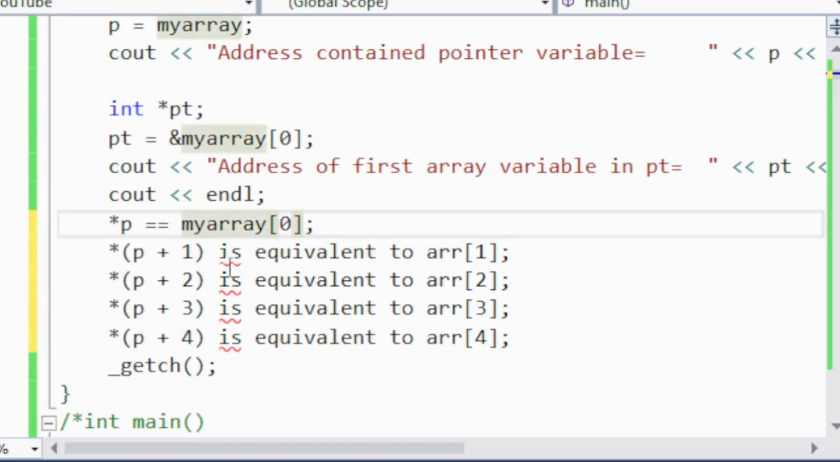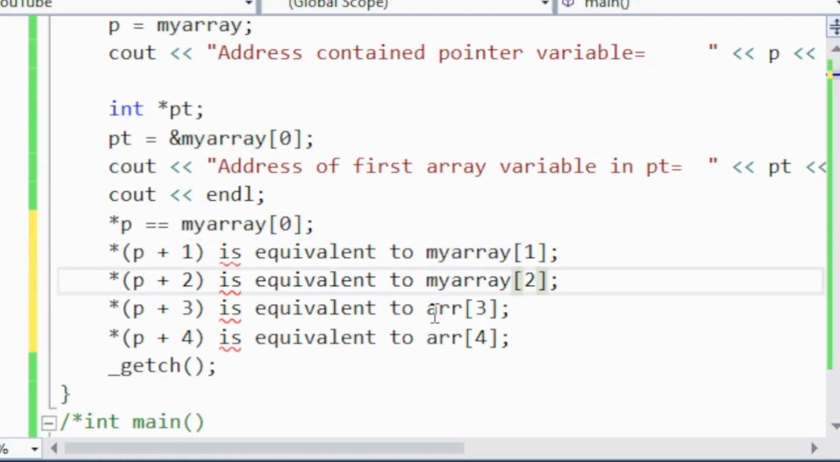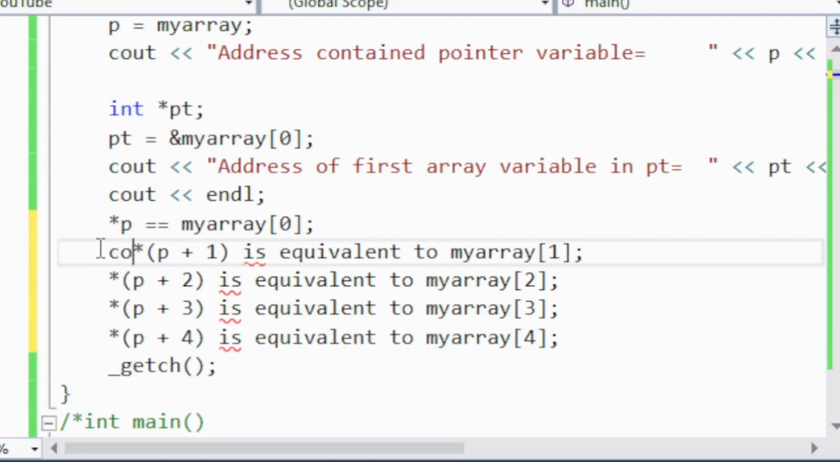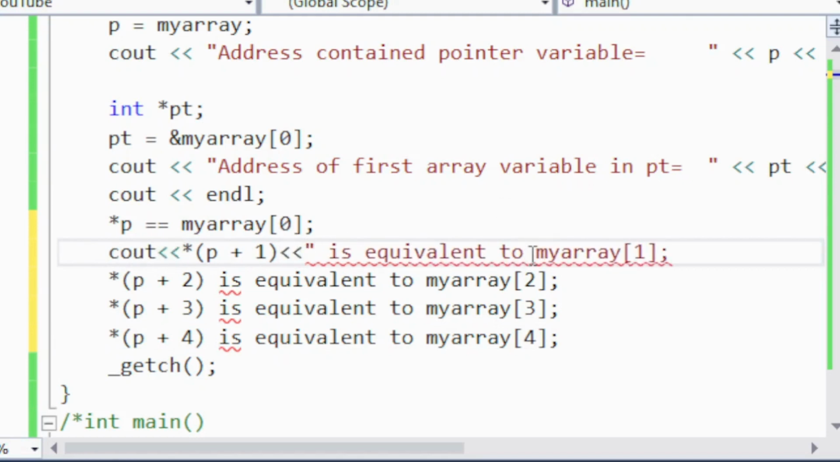Now, star ptr, my address star ptr is equivalent to my array first, second, third, and fourth. So this is basically star p plus 1 is equivalent to my array. How can we prove that? So if I write cout, is equivalent to my array, and then,